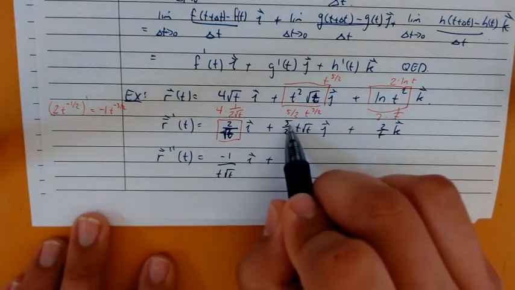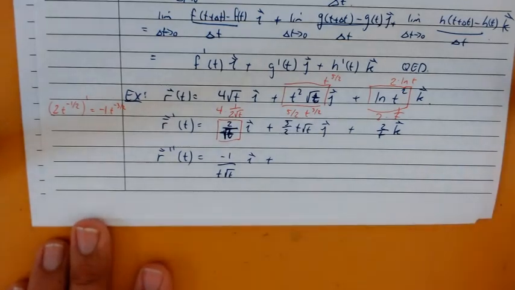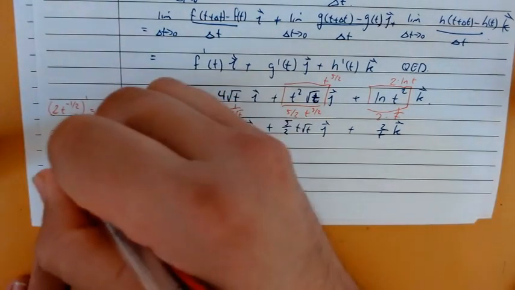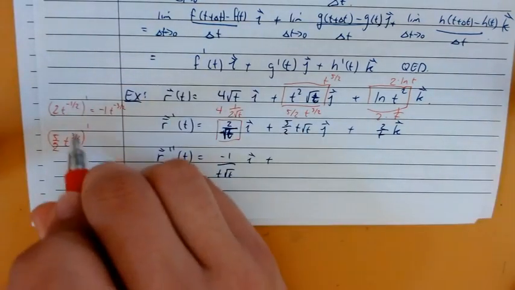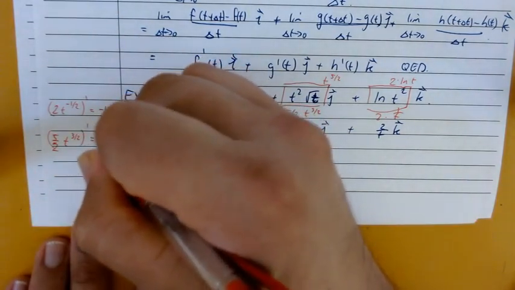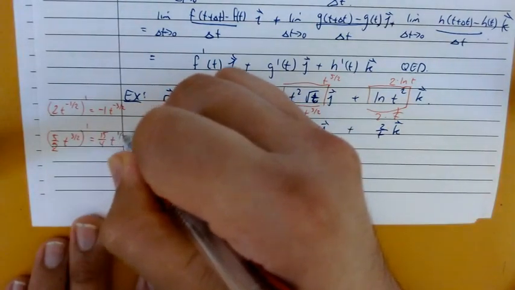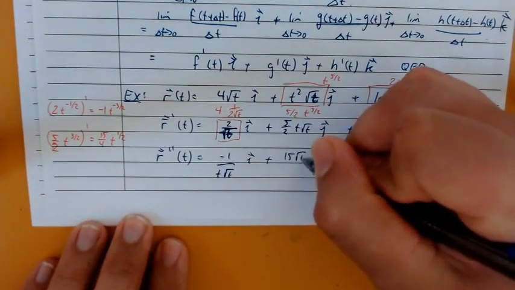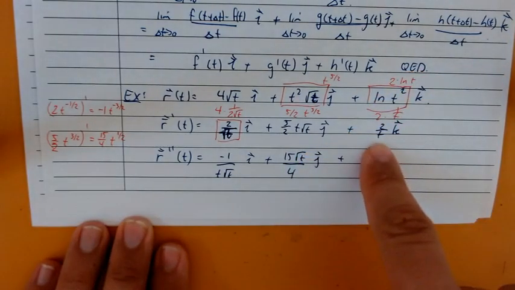plus, over here, 5 halves t root t. That's the same as saying 5 halves t to the 3 halves power, as we saw earlier. 5 halves times t to the 3/2 power. Taking the derivative, you take that 3/2, bring it down. That'll give you 15/4. And then subtract 1 from that power, which is now 3/2 minus 1 is 1/2. Oh, so that's just a square root. So this will give us 15 root t over 4, j,